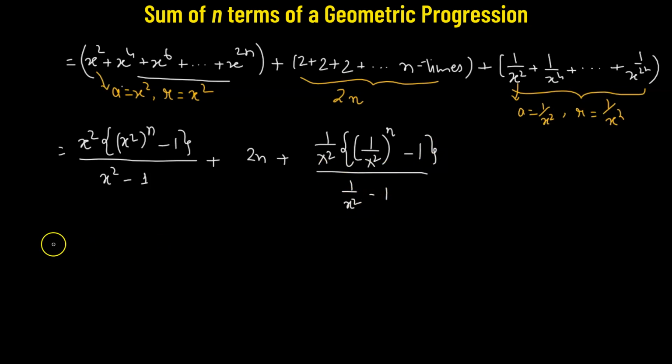Further simplification is going to give us x squared multiplied by x raised to the power of 2n minus 1 divided by x squared minus 1 plus 2n plus